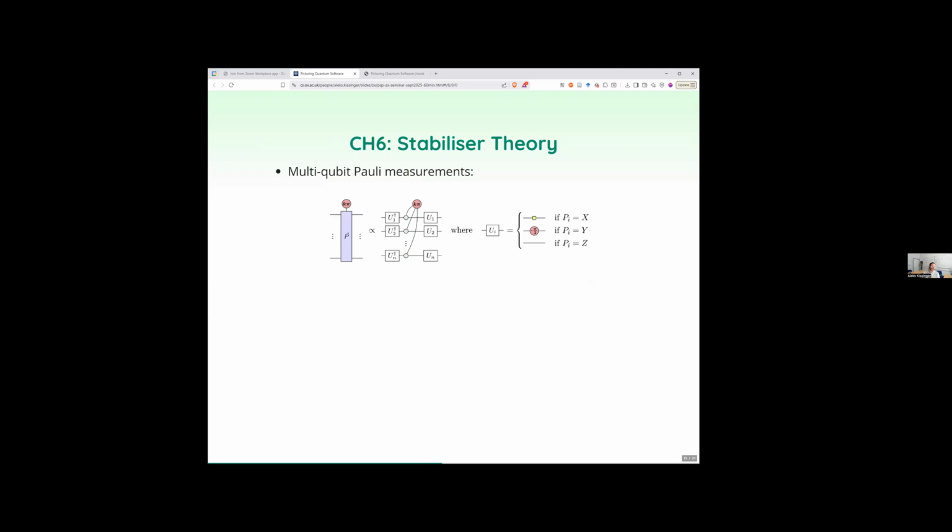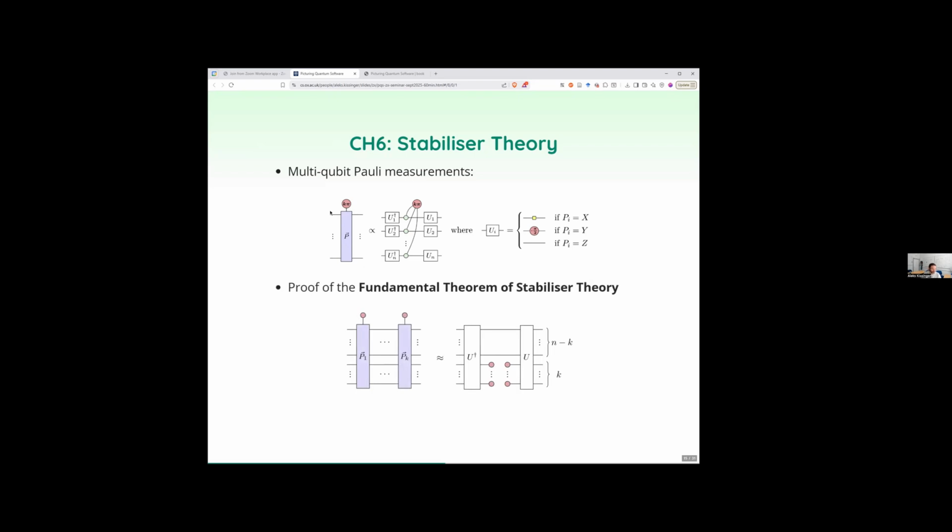One of the ways we do this is via a ZX representation of multi-qubit Pauli measurements. We call these things Pauli projectors. You can see that it's written as a big box labeled by a Pauli, and then this thing, which is the measurement outcome or the choice of the plus one or minus one eigenspace, represents the measurement outcome as a spider.